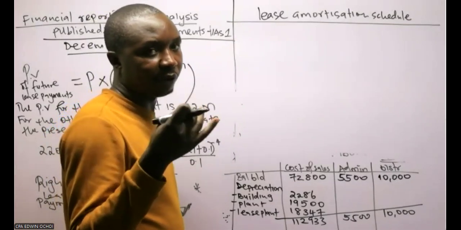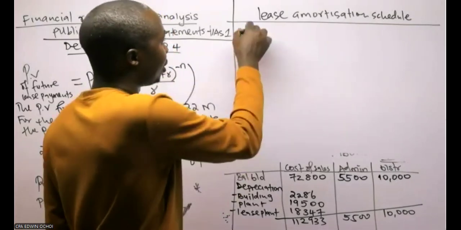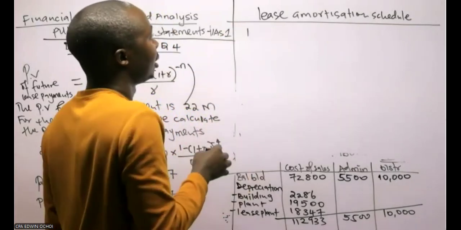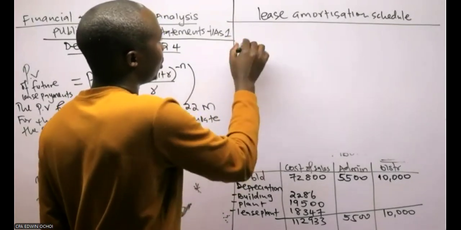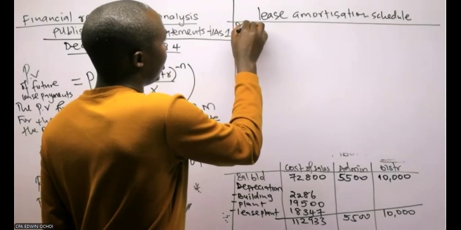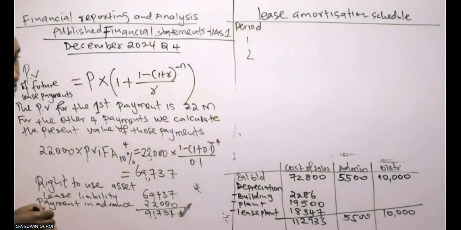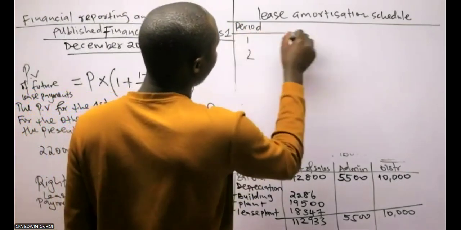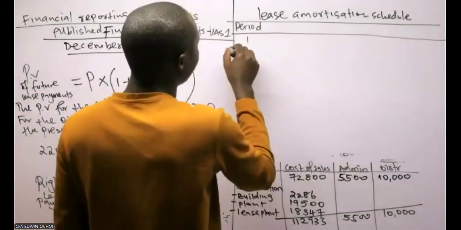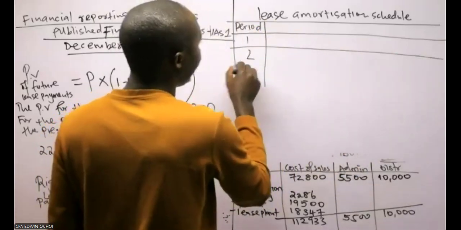The payments are done in advance. So as at the start of 2003, which is 1st November, we have 2 periods, 1st November 2003 and 1st November 2004. So the periods are just 2. Our books are prepared by 2004, so I don't have to do it for the entire 5 years.